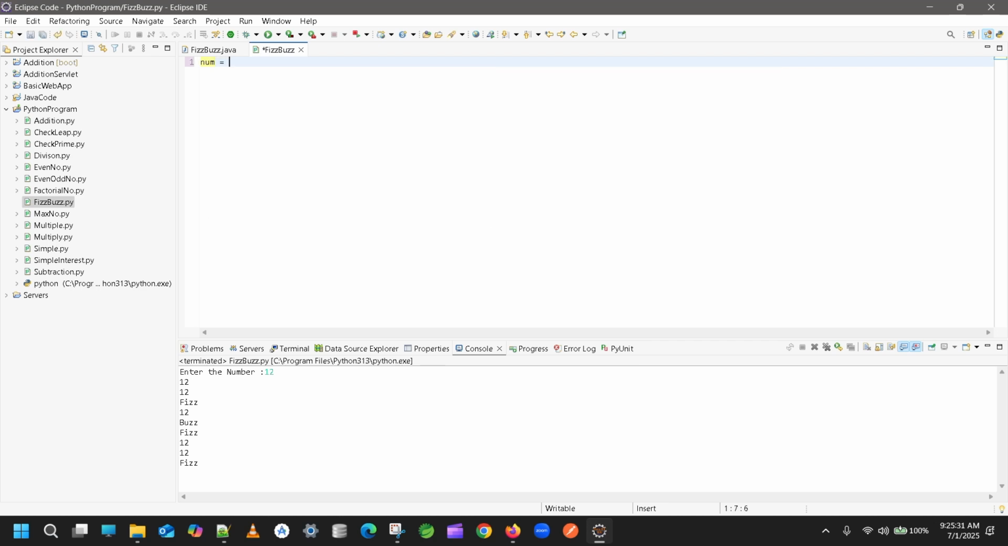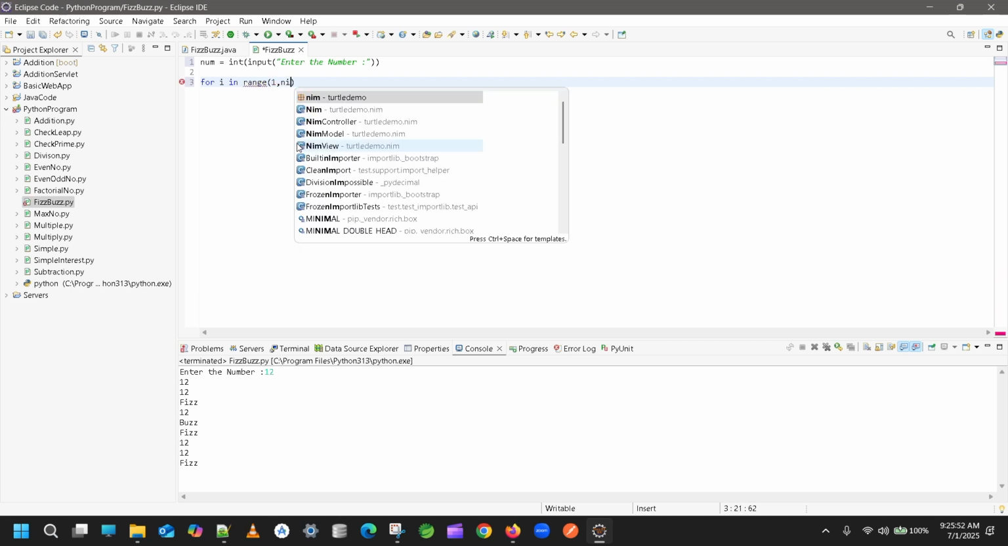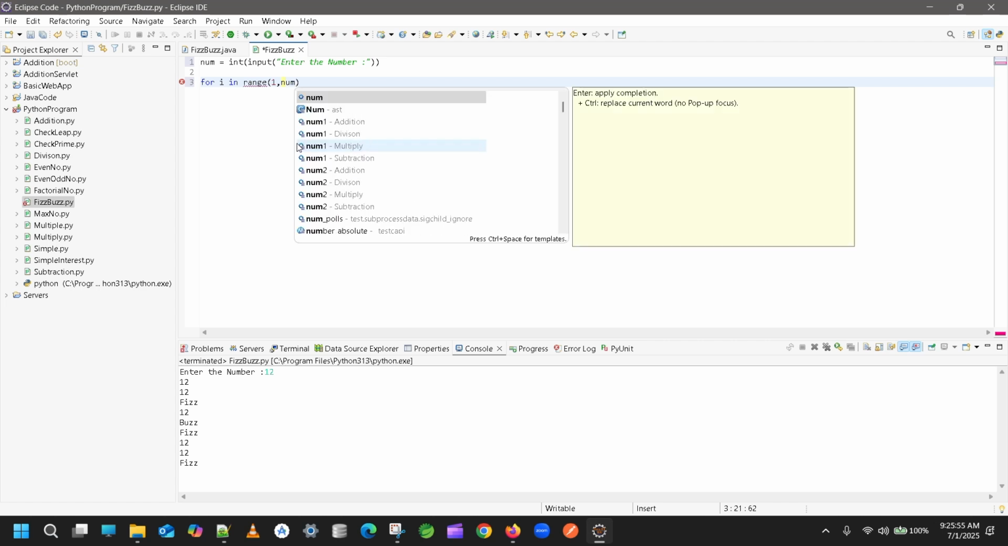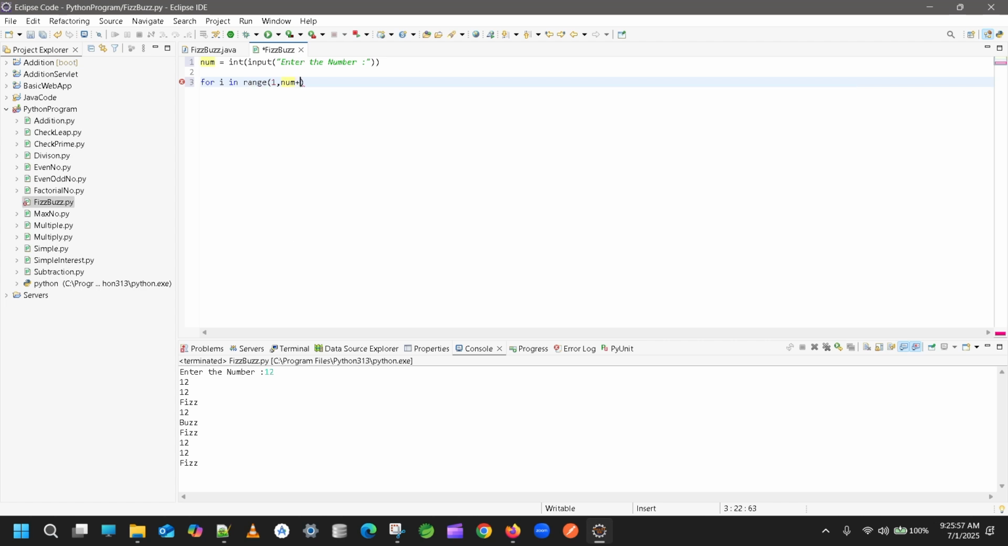Now I will declare num equal to int of input, in double quotations, "enter the number". Now I will write a for loop: for i in range(1, num + 1):